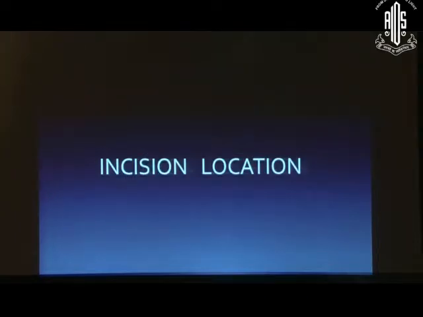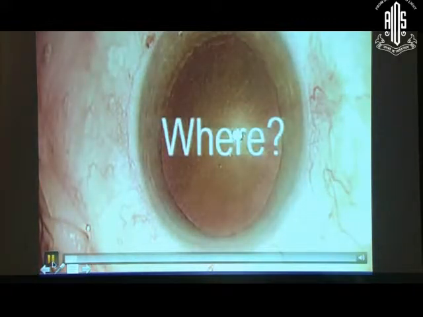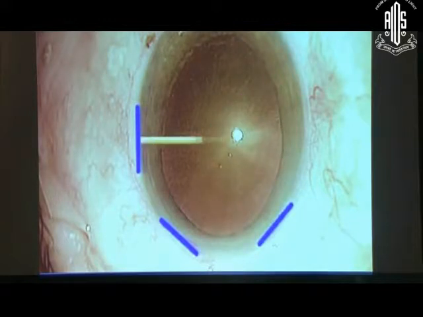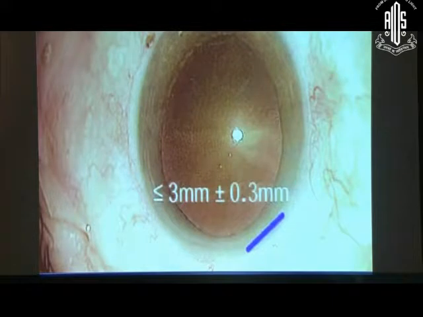When we are talking of the location of the wound, what's important is where we are going to place the incision. Since we are addressing the astigmatism, it's important to place it on the steeper axis. Wherever we place the incision, there is going to be some amount of flattening in that particular axis. How much flattening depends on the width of the incision, which is directly proportional to the amount of astigmatism and inversely proportional to the distance from the center of the cornea. The other thing we want to consider is how much astigmatism we are going to induce.